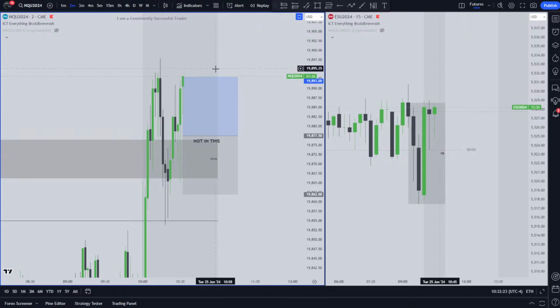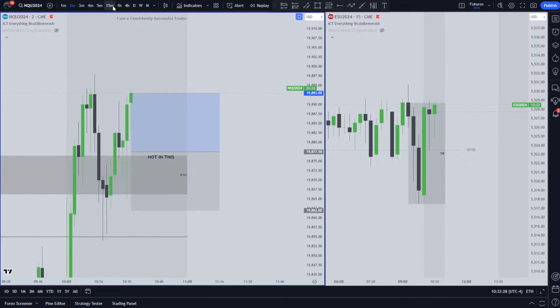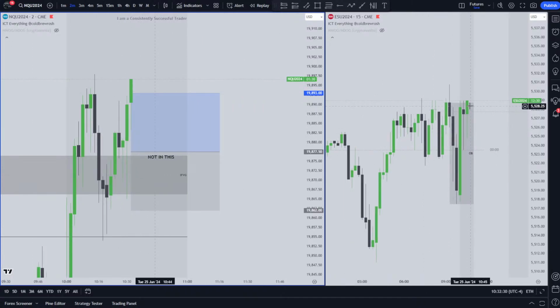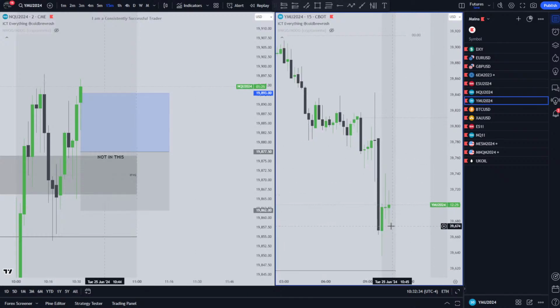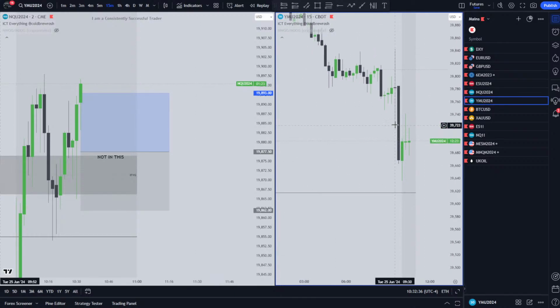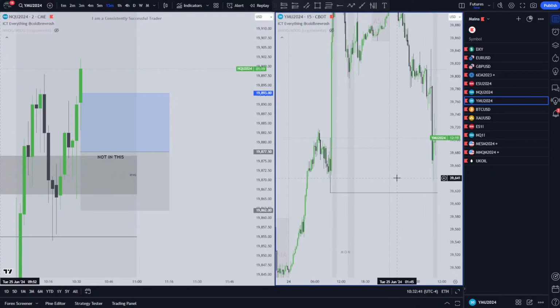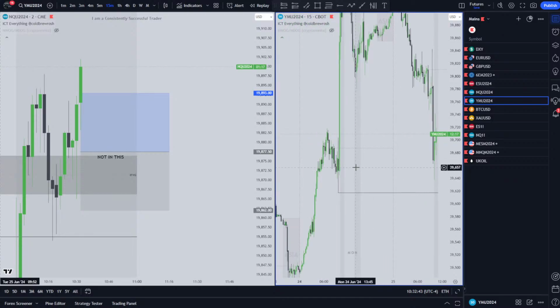Oh yeah, so that hit take profit. That's quite nice. But hmm, I'm just thinking, I didn't like that. Was there anything on YM to give us this bias? No, because look, it's still in a bearish fair value gap. Sell side was not far away. Could just be reacting to some.